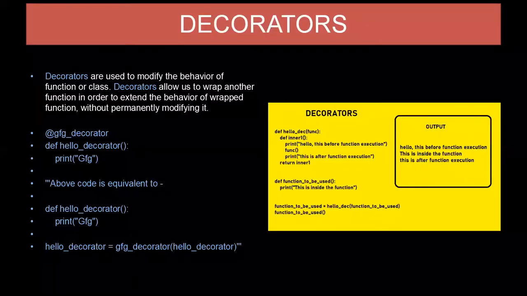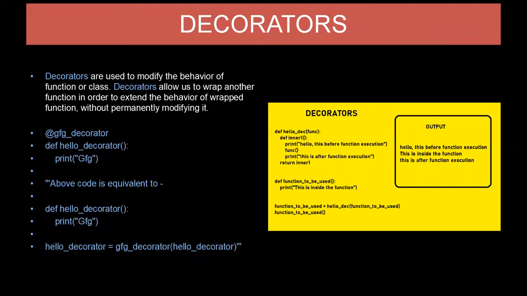So now our topic is decorators. Decorators in Python. Decorators are used to modify the behavior of a function or a class. So if you want to modify the behavior of a function, like you are adding two numbers, or subtracting two numbers, and you are subtracting 2 minus 4, you will get an output of minus 2 because 2 is less than 4.